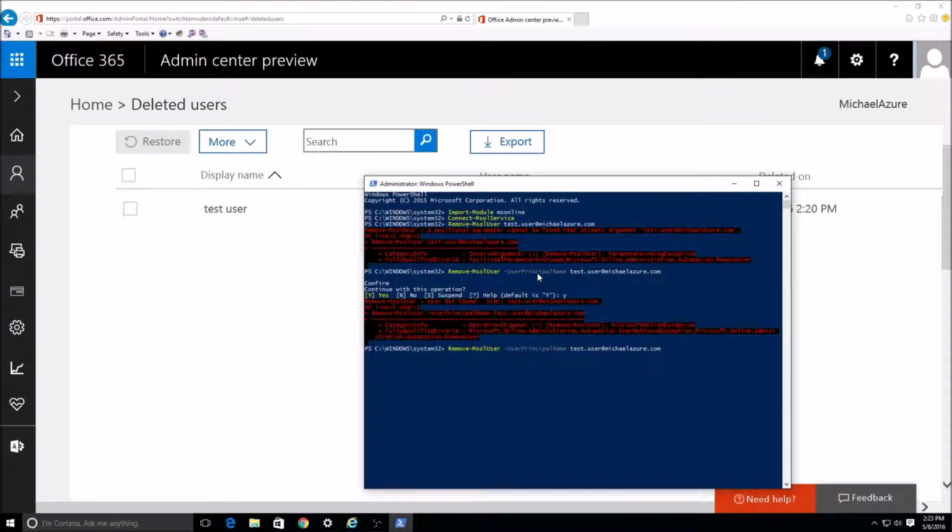But now, if I specify RemoveFromRecycleBin, then it knows to look in the recycle bin, and then it will actually delete it. Now, once again, if I don't want to be prompted every single time, because if you have multiple users in here, to delete all of them at once, you can run